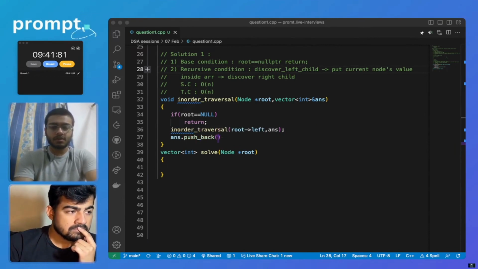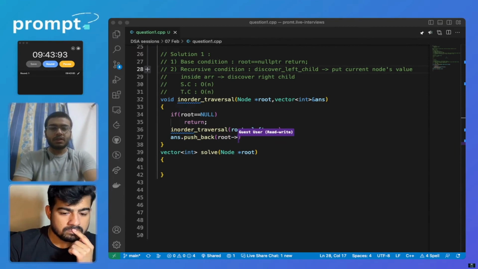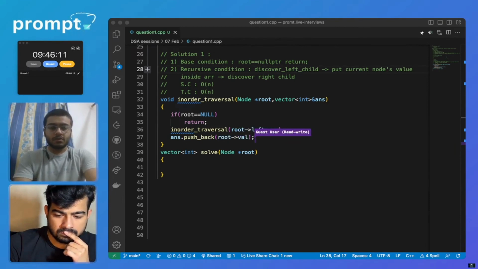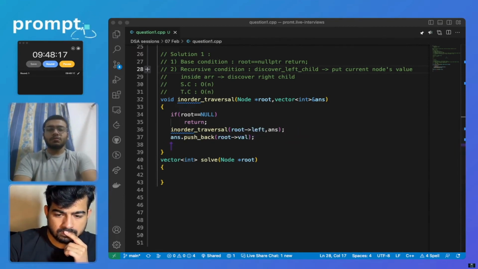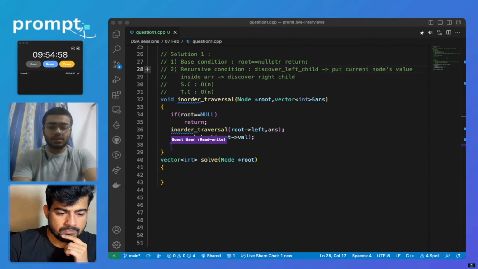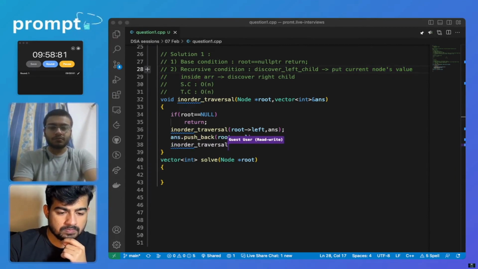So answer dot pushback root's data or val. Now we have put the value inside the array, so the second stage is done. Now we'll have to discover the right child in the in-order traversal. Now we'll visit the right side,